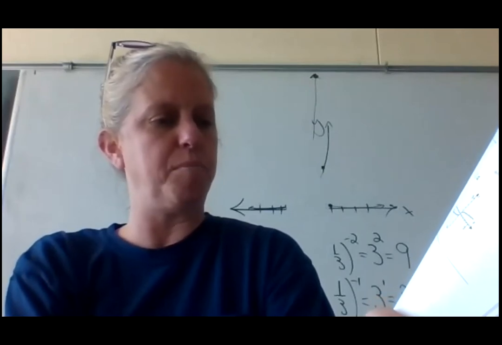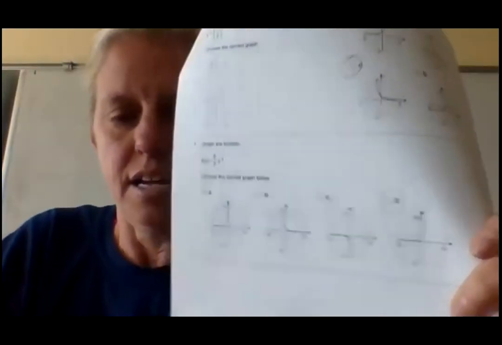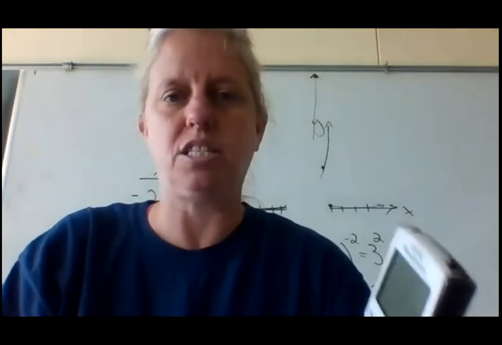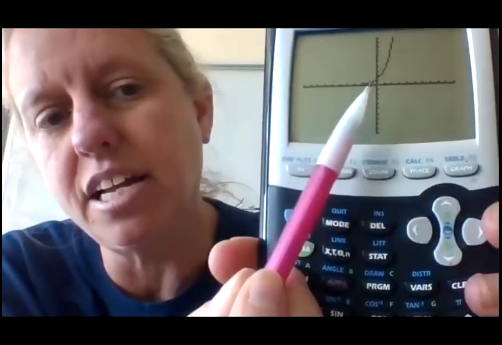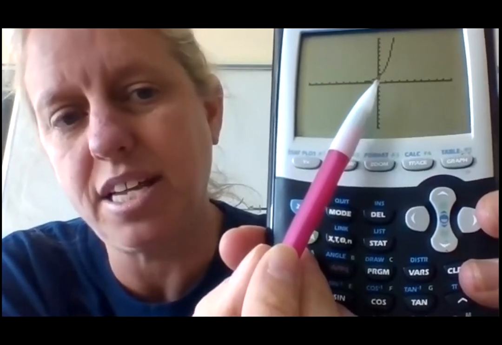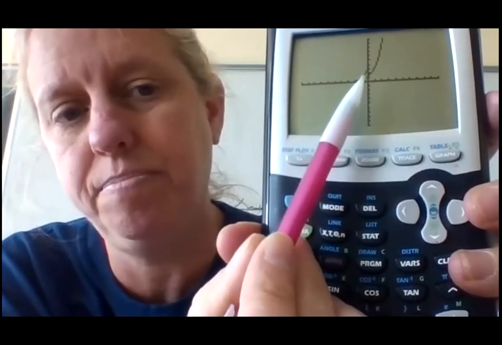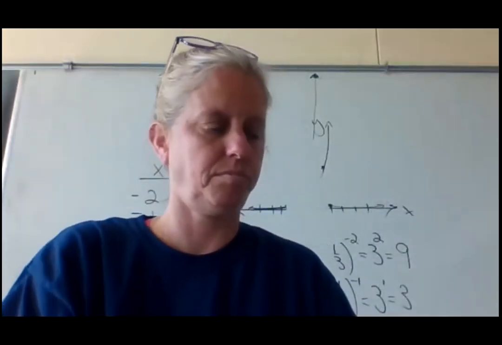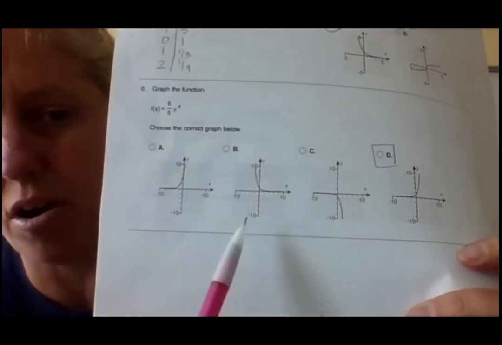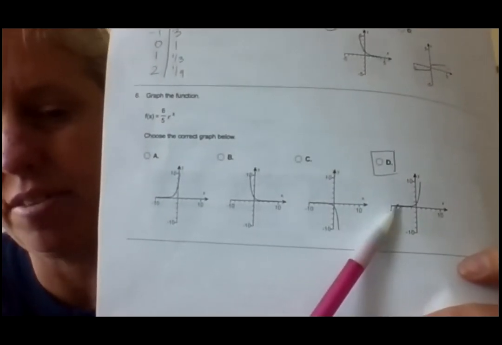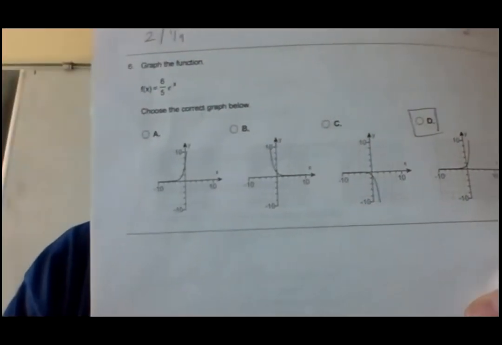Now on number 6, let's think about what the distinguishing mark is. If I am looking here, let's look where it crosses the y-axis. And then let's talk about what that looks like on the multiple choice. It crosses the y-axis between the 1 and the 2 this time. Now, let's look at these, because the two that have the exponential shape are A and D. So what is different between them? Now, on my calculator, it crossed between 1 and 2, right? Now, if you're looking at this,